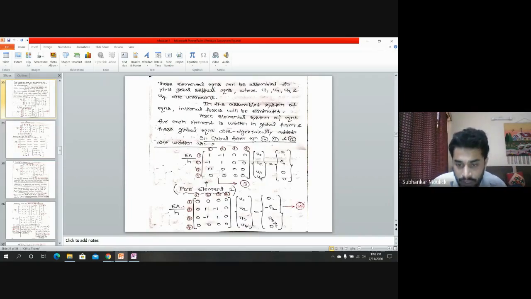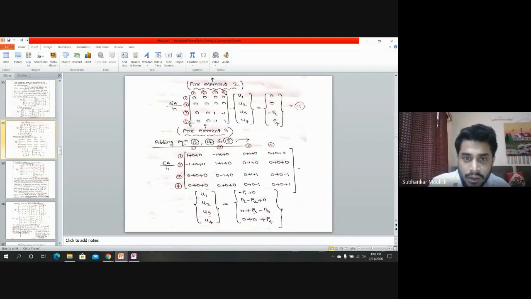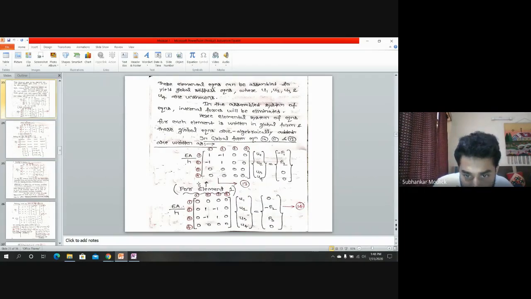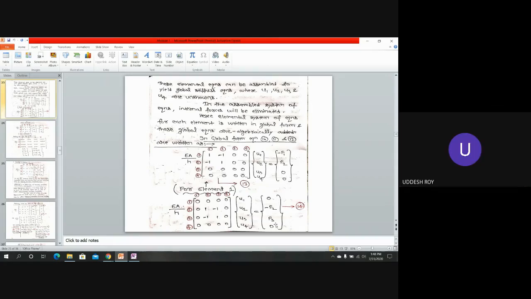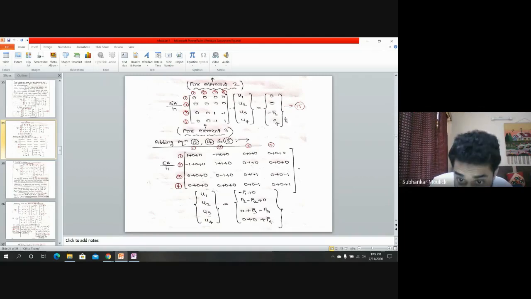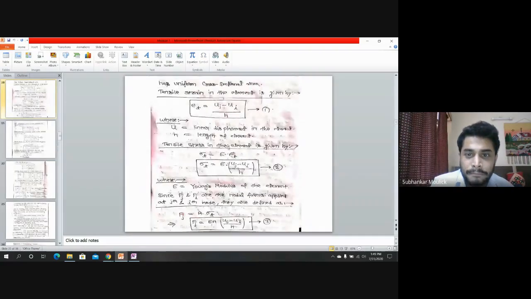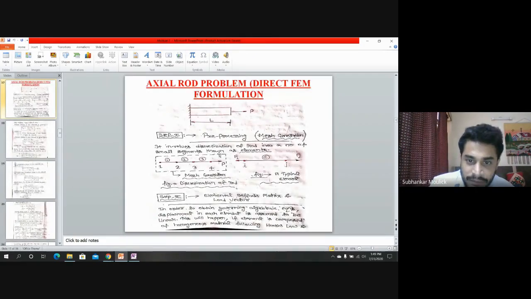Similarly, for the third value, that is f3 from equation number 13, I have to see the third row. That element is 0. For equation number 14, that element is plus f3, 0 plus f3. For equation number 15, again that element is minus f3. That means plus f3 minus f3 is 0. Overall it is 0. The last one is f4. That means I have to see the fourth row of each and every equation. 0 plus 0 plus f4 plus f4. Fine. So my result, and ultimately this f4 is nothing but plus p.